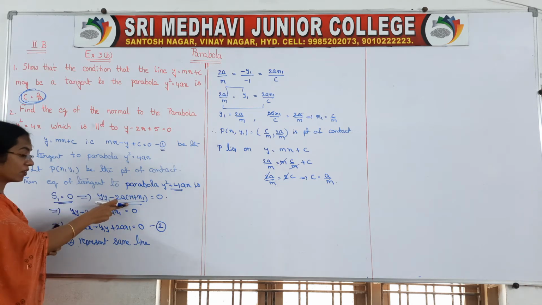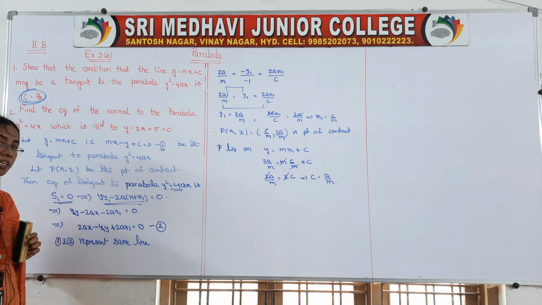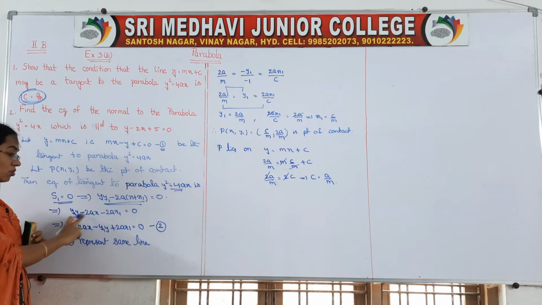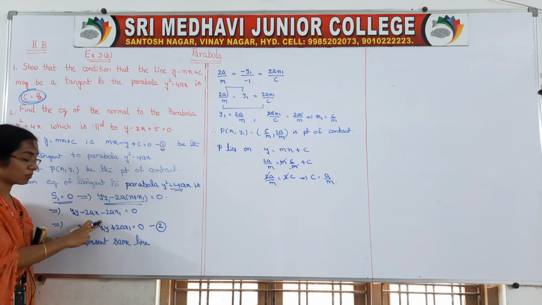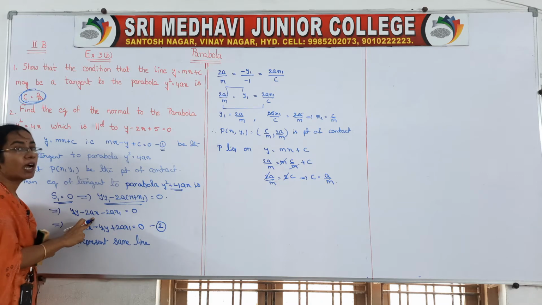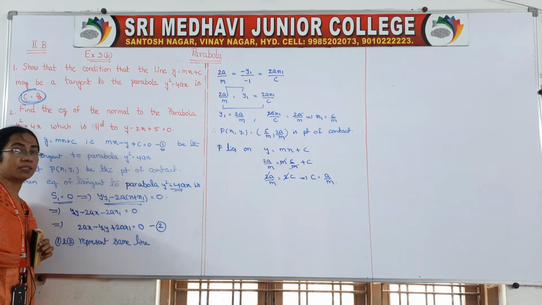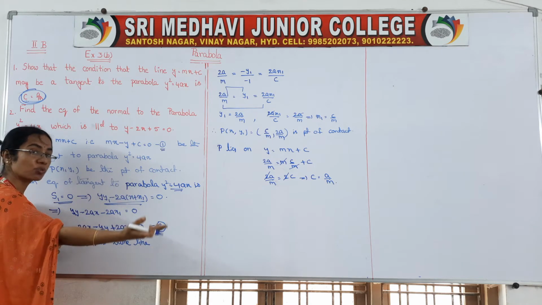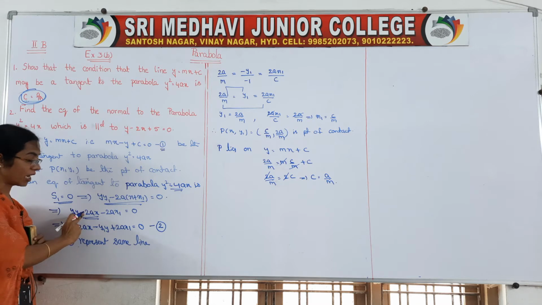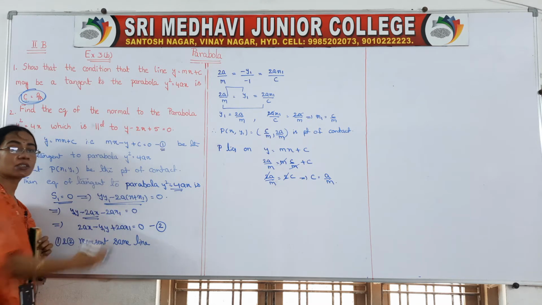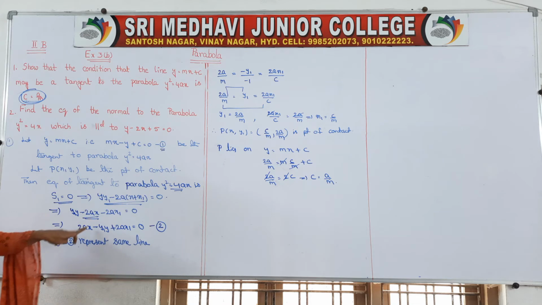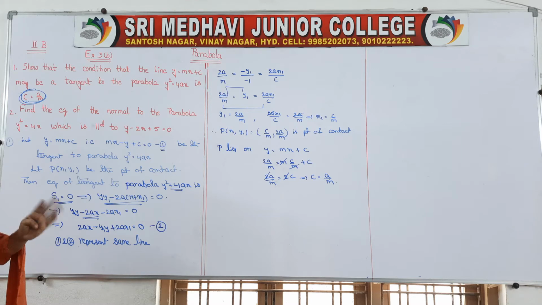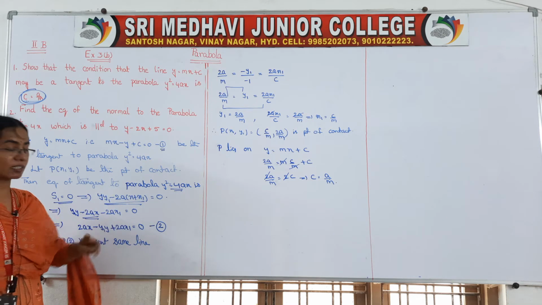Again try to write this in your line form, that means x term, y term, constant term, and in mathematics the first term should be positive. So, actually after expanding this we got this one. The first term should be x, right? And also it must be positive. That's why I send all these terms to that side. Here we got the x term as negative, so that's why you send all these terms to that side. Then the x term becomes positive. Those which are negative will become positive, and those which are positive will become negative if we send them to that side, right?